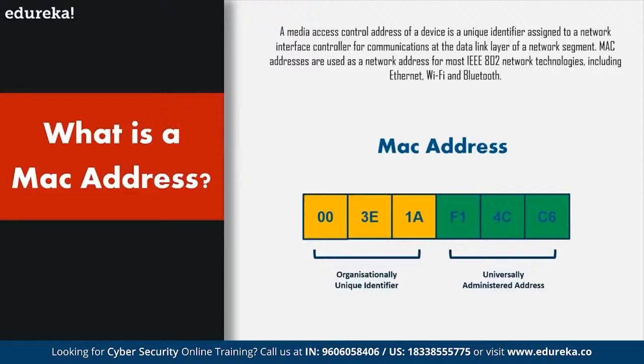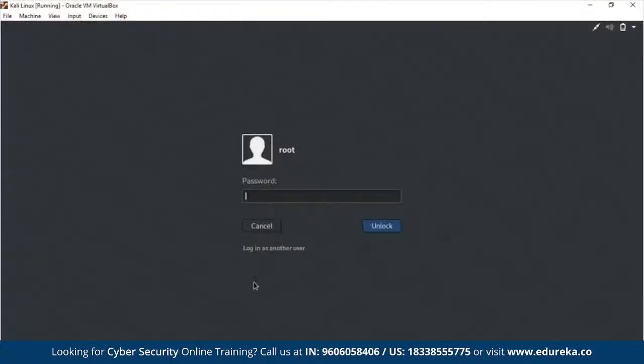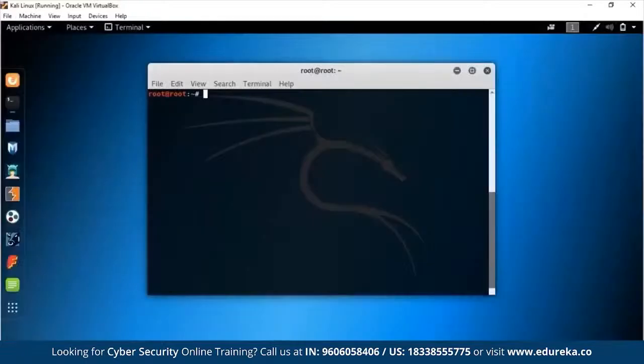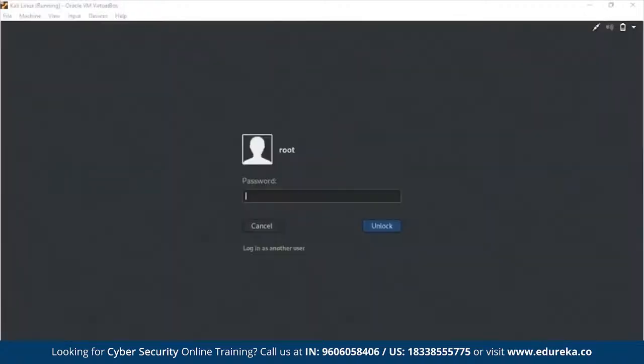Okay, so when you are on a network, you are recognized on something called an ARP table. Let me show you the ARP table, how you can see it. Let's go in. So the password is root. An ARP table is basically an Address Resolution Protocol table, and well, this is a virtual machine and it doesn't really know many machines on the local network. But if I were to go on my Windows system and show you my ARP table, let's see.